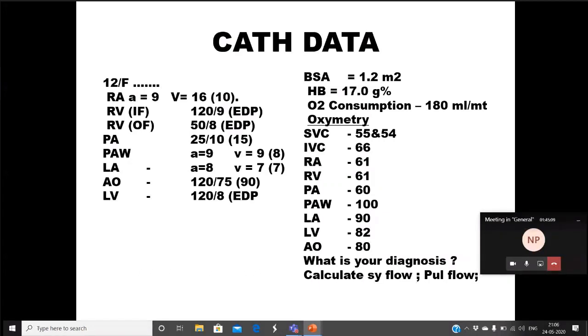Sir, DCRV, what will happen, sir, in this DCRV? First of all, where is Prakriti? Prakriti, would you like to answer that question? There will be no desaturation. Proximal high pressure chamber will be there, sir. In DCRV, if at all there is accompanying VSD, then only desaturation occurs. Otherwise, there won't be desaturation.